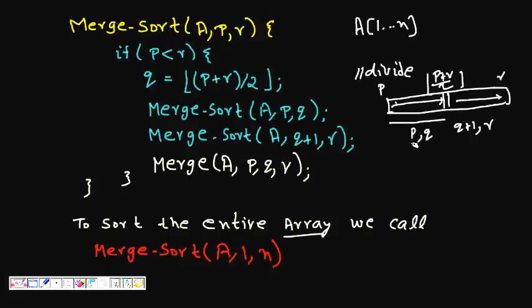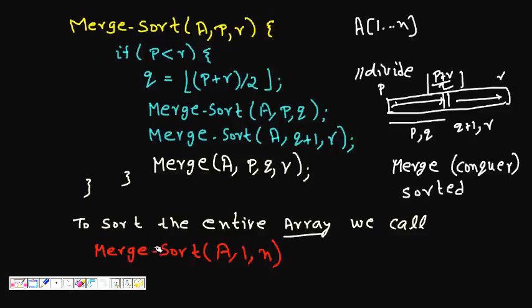The good thing is that these two sub arrays that we need to merge, as the conquer part, are sorted, so we have to just merge two sorted arrays. So that seems to be much easier than